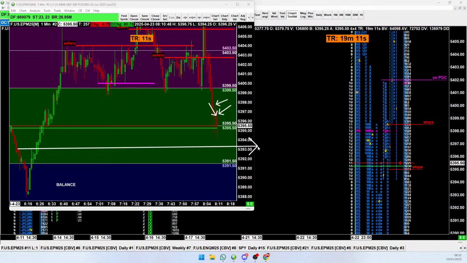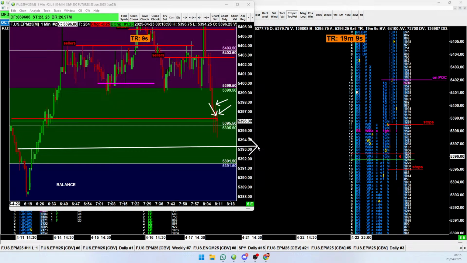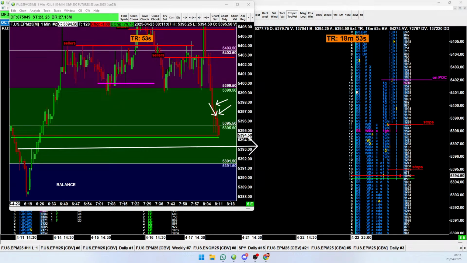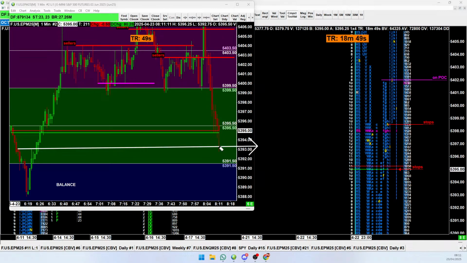Do you guys understand this? This is how you short. You wait for a seller to appear. If the sellers do not appear and start pushing price lower, there is no business reason for you to be short. There you go. Look. Right there. See? Told you to put your cover there.